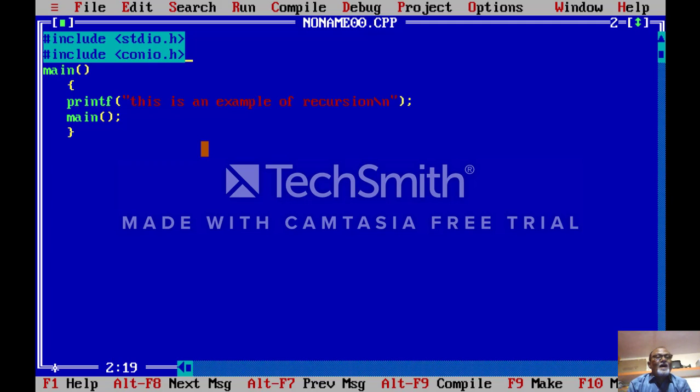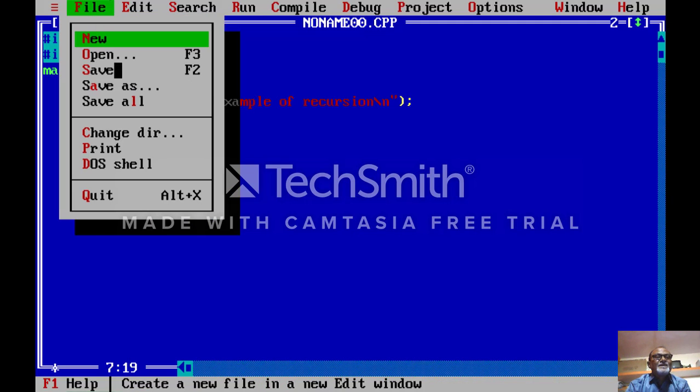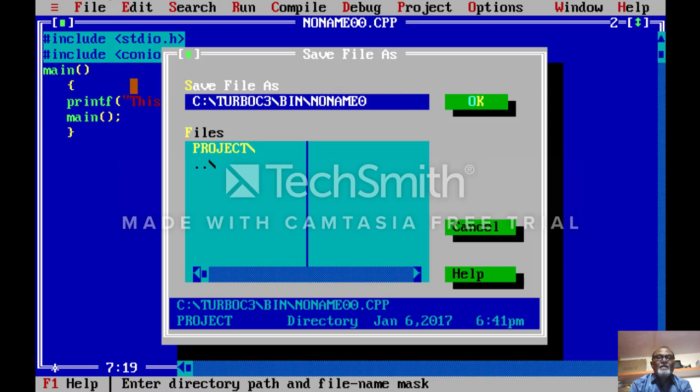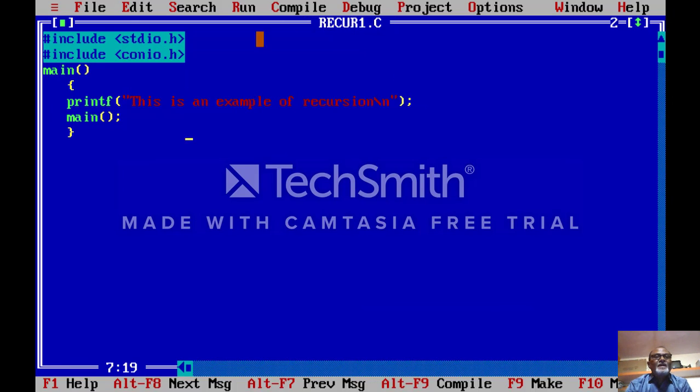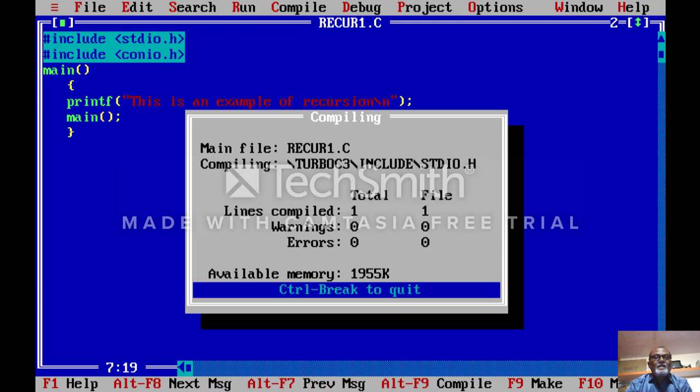These both are header files which contain some information. We save this file by using this option, recursion, recur1.c. When we run this program,